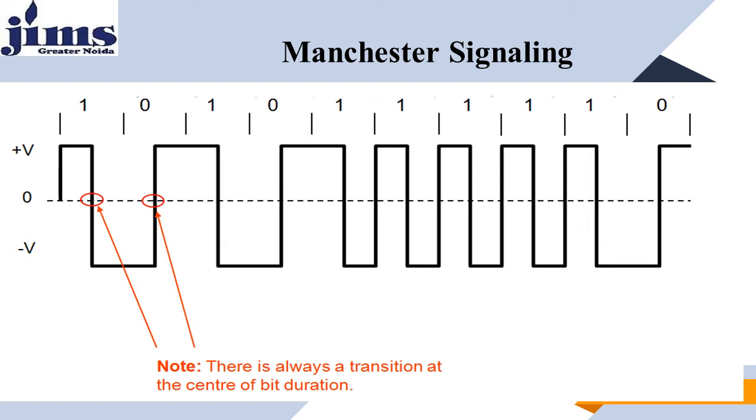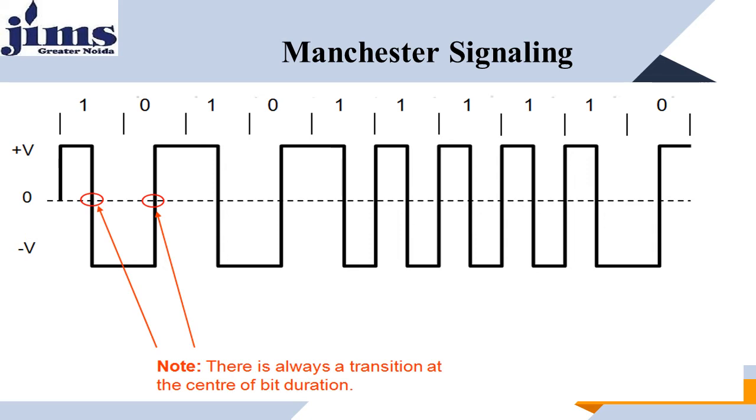So in this example, we have a transition of plus V to minus V whenever 1 comes in the picture, and when 0 comes in the picture, it starts with minus V to plus V. So in this way, the whole Manchester signaling comes with alternate halves of voltages, sometimes plus V to minus V in the case of 1, and sometimes minus V to plus V in the case of 0. You can easily understand Manchester encoding or Manchester signaling with this very good example that we take in this slide. It's a very clear picture.